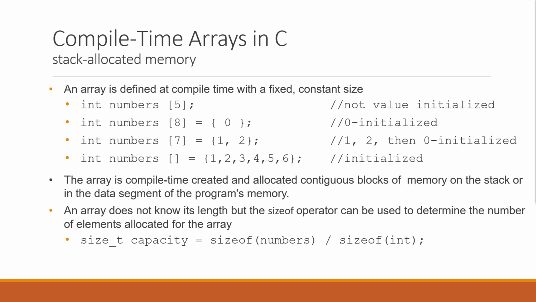The array is compile time created and allocated contiguous blocks of memory on the stack or in the data segment of the program's memory. An array does not know its length, but the sizeof operator can be used to determine the number of elements allocated for the array using the following line: size_t capacity = sizeof(numbers) / sizeof(int);